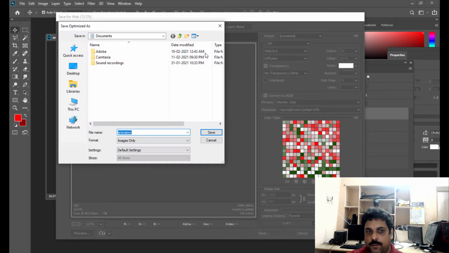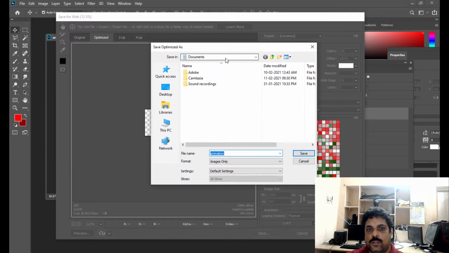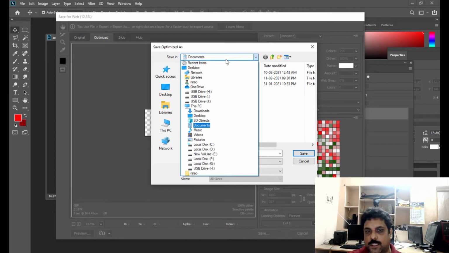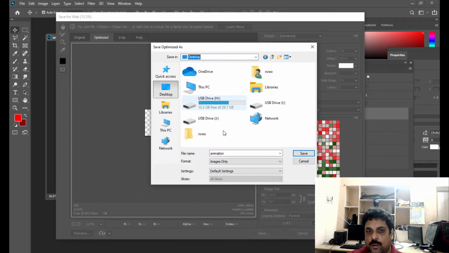Just click on this save, and then we are going to save wherever location you want. We are going to save on desktop, and you can give whatever name you want. You can say text animation. And then here, the most important thing is you can select either images only or HTML and images.